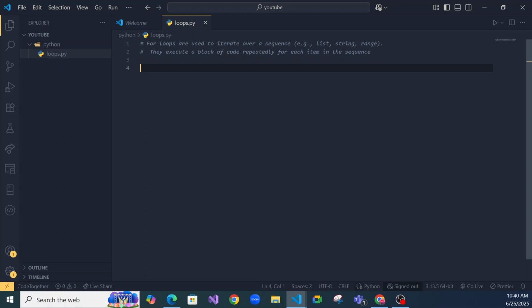For example, I can write fruits equal to, I have an array: apple, and I have banana, and I have cherry. All right. So if I want to iterate